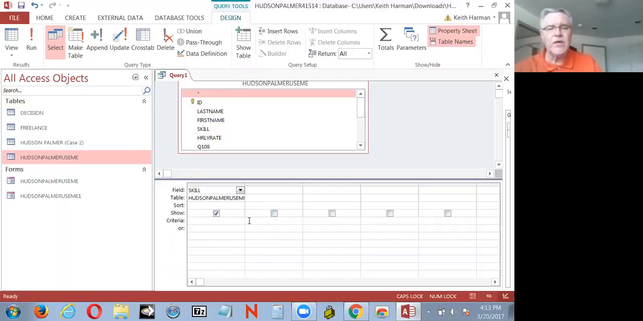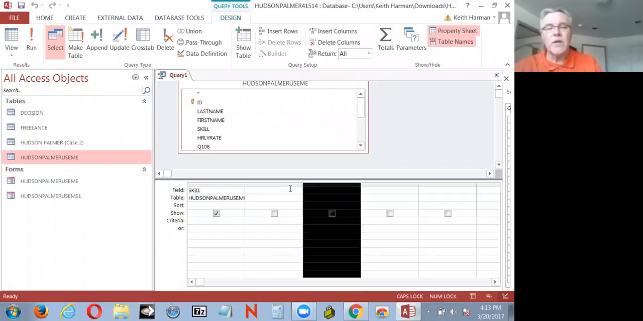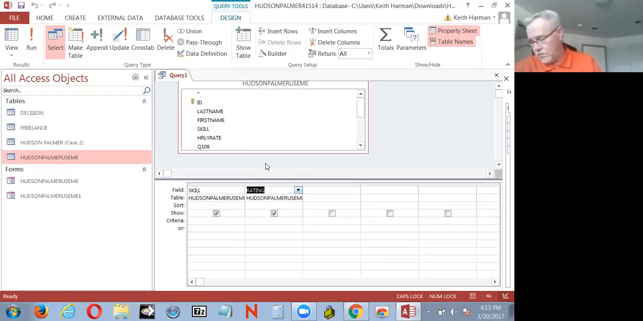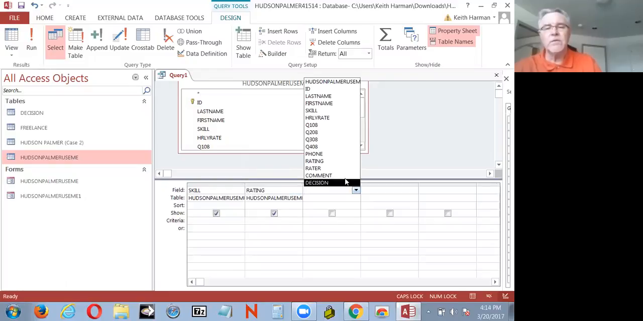Sorted by their skill. Now, when I do a sort in Access or I do a sort in Excel, the sort is going to be by default in ascending order. Okay, so we don't have to worry about that. Now we're going to click skill and then by their rating. And so we get their rating, and then by their name. So we'll get then their last name,